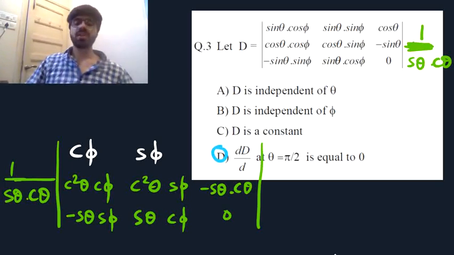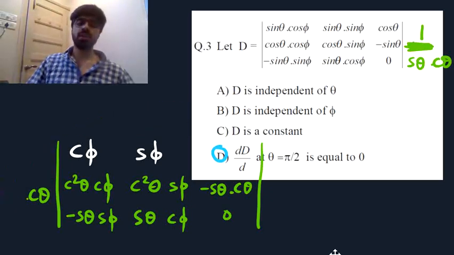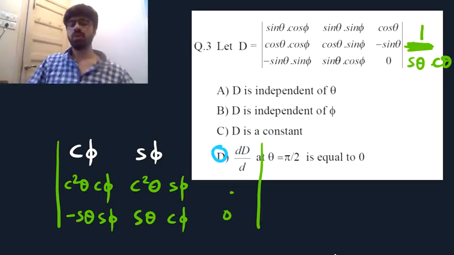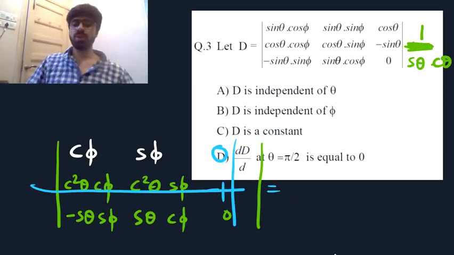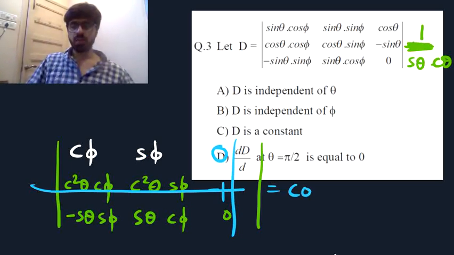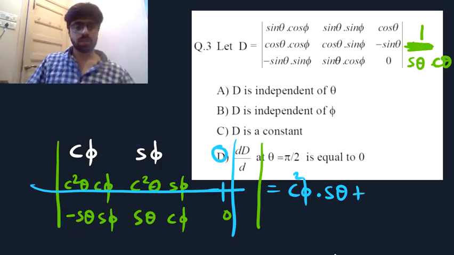Now what we can do is we can take this 1 upon sine theta cos theta inside the determinant, and multiply it with elements of the third column. So that will give us a minus 1 here. And once we have this, we will expand the determinant along the third column. So that will give us minus of minus 1, which is 1, multiplied by the determinant of these two minus these two. So that will be cos phi into sine theta into cos phi. So that will be cos square phi sine theta. Minus of minus will make it plus sine theta and sine square phi. So it's sine square phi into sine theta. You can pull out a sine theta common.